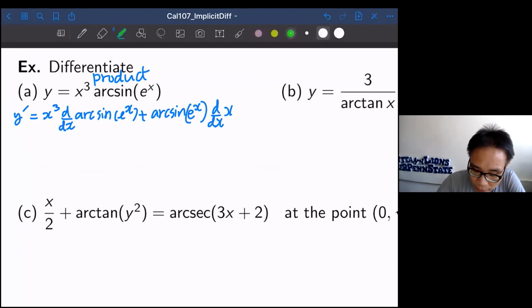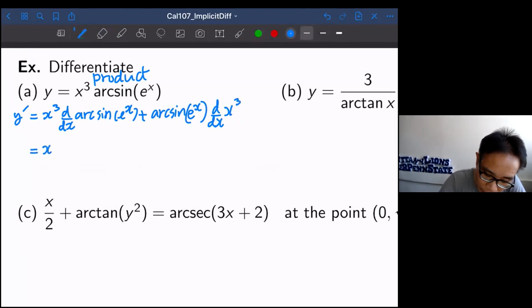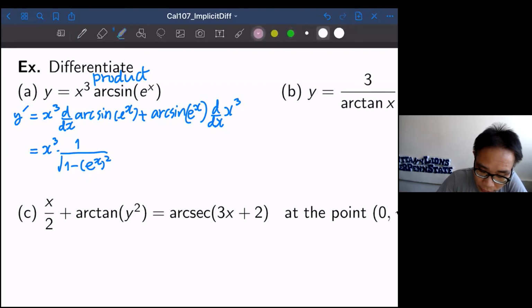So in this case, you're going to get x cubed, and the derivative of arcsine is going to be 1 over the square root of 1 minus e to the x squared. Okay, so this is the derivative of arcsine, and this one is the function inside, right? So this one is the pink guy, so it's going to be here. And don't forget to differentiate e to the x. Okay, so you differentiate e to the x